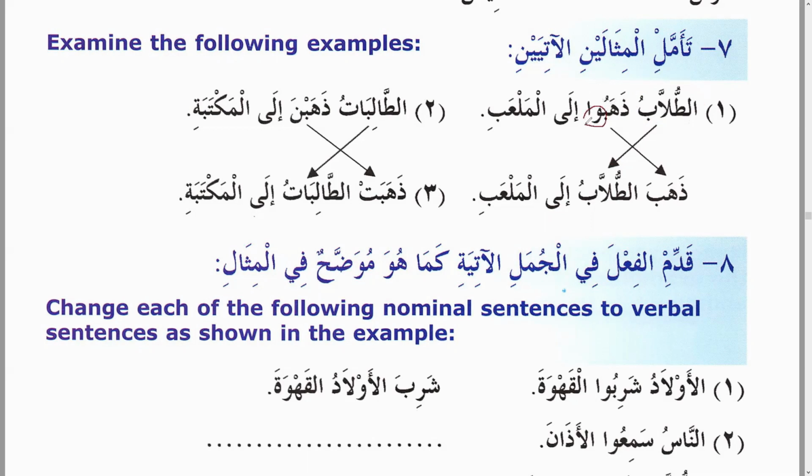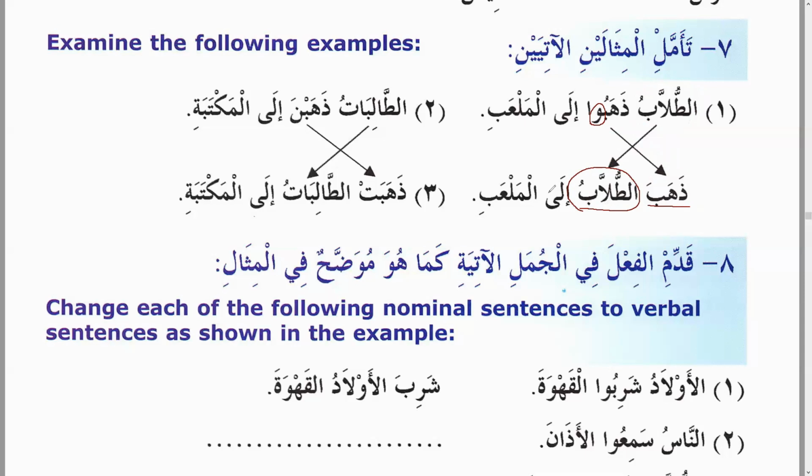Now, in English, there's no difference if you use this first or that first, but in Arabic, there's a difference. Here the file is wow, but now I want to bring the verb first. So if I bring it first, I have to drop the wow and use a singular form, zahaba. This came here, so it becomes zahaba, and at-tullabu remains the same. Now here the file was wow, but here with zahaba, the file is at-tullabu. I cannot bring two files, that's why I have to use a singular verb.